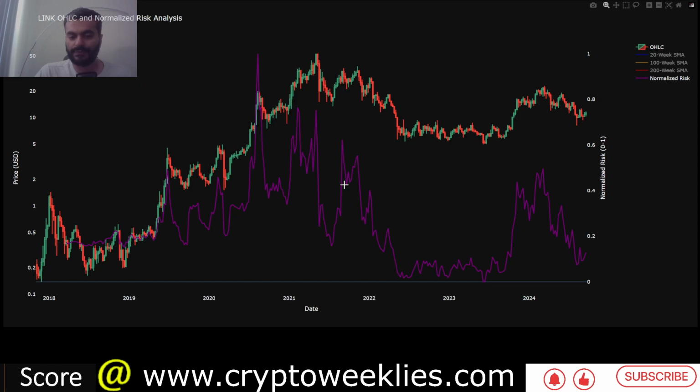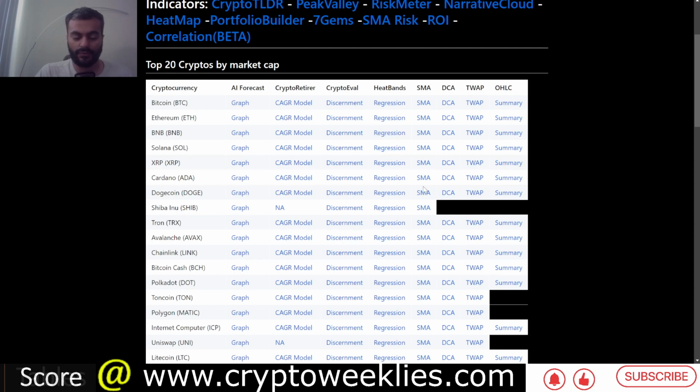You can see in the mania phases, the risks tend to go above 0.5. Again, in March they came really close to 0.5. So if you are looking for any signal, 0.4 risk is a key value to look for. Right now the risk per this normalized or summary risk is at around 0.13. That means again a significantly low risk environment to DCA LINK. So per this we can conclude that